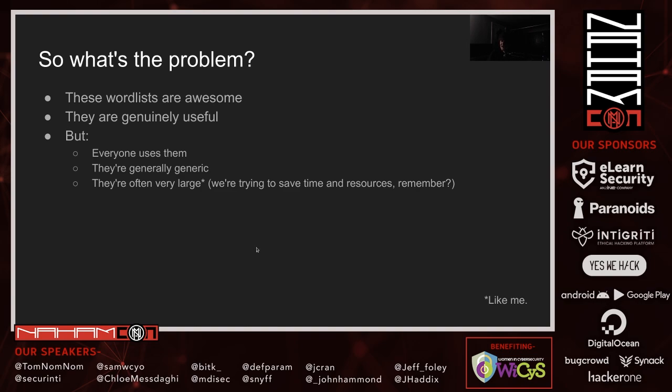And that means they're less likely to show up in these generic word lists. They're also often really large, so we're trying to save time and resources. If you take SecLists, for example, there's about 1 gigabyte of text in there, and it's going to take quite a long time to chew through all of them. That's a bit unrealistic, perhaps, because you wouldn't usually be using all of them. But the point stands. Because they are generic and because they try to cover as many cases as possible, they tend to be very large and sometimes impractically so.